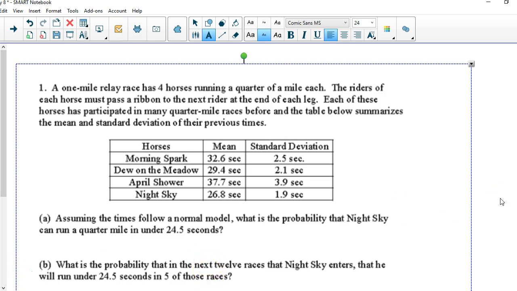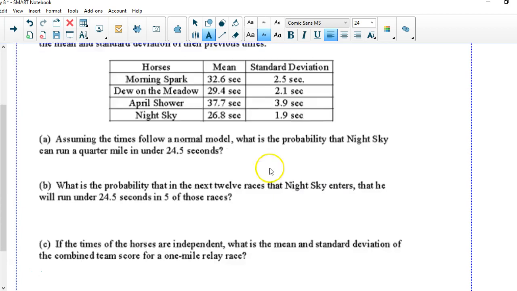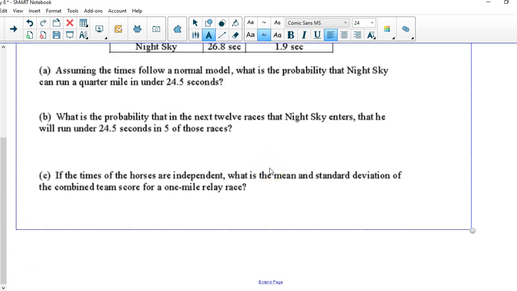Assuming that the times follow a normal model, okay, again, when you read normal model, you can expect you may have to do a z-score. What is the probability that Night Sky can run a quarter of a mile in under 24.5 seconds? So in part A,